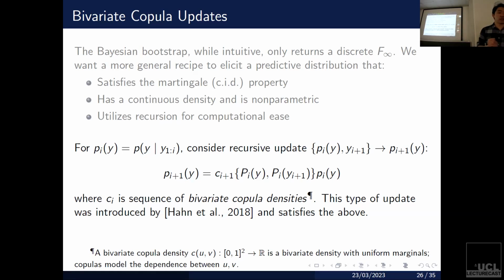The other way to think about this is that the bivariate copula models dependence. This test point y is going to be the test point for y_{i+2}. So what the copula is actually modeling is this predictive dependence between sequential data points. Suppose I have a predictive p_i and I see a new data point y_{i+1}. The copula models my predictive dependency: how much am I going to update my predictive based on this new data point, through this idea of correlation? Now it's a little bit abstract here, so on the next slide I'm going to show you a concrete example, which is going to look very much like a kernel density estimate, which is quite nice and easy to interpret.